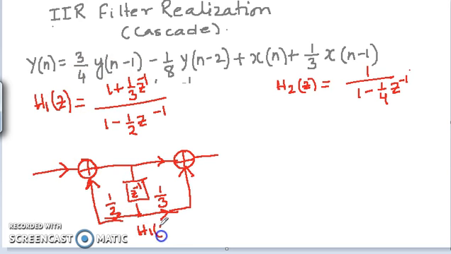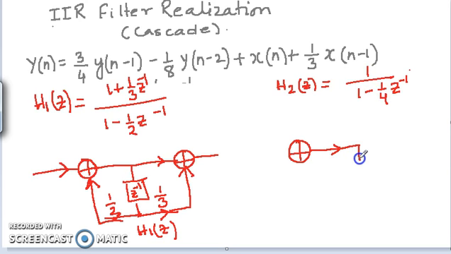So this is my H1(z). Next I am going to take H2(z). For H2(z) there would generally be two summers. But here there are no zeros. Generally, one summer is for the zeros, but as there is no zero appearing here, the next summer will not be there. Only the left-hand summer will be present because the poles are present.